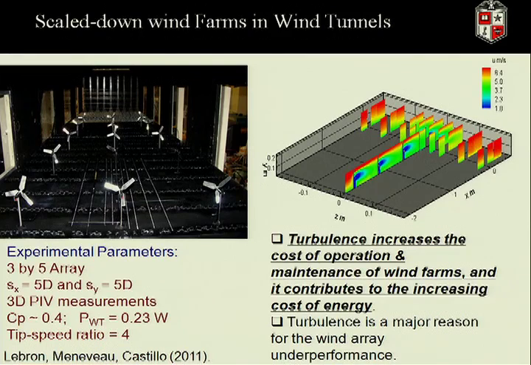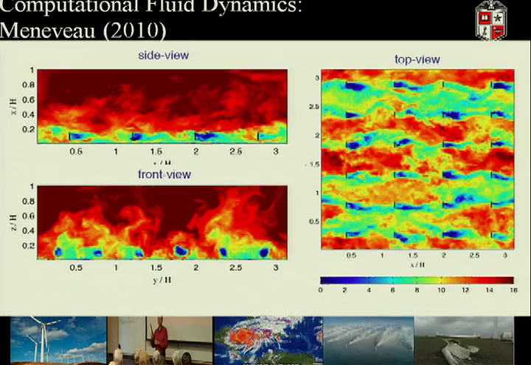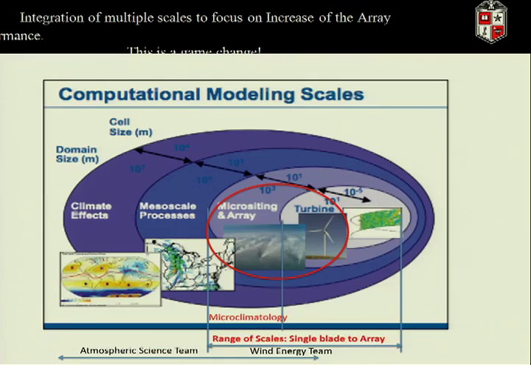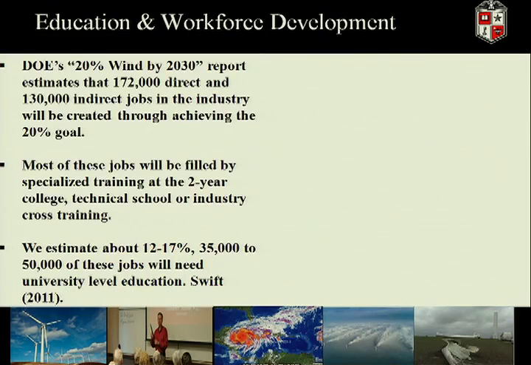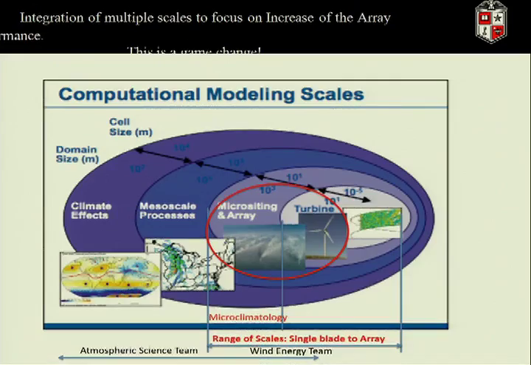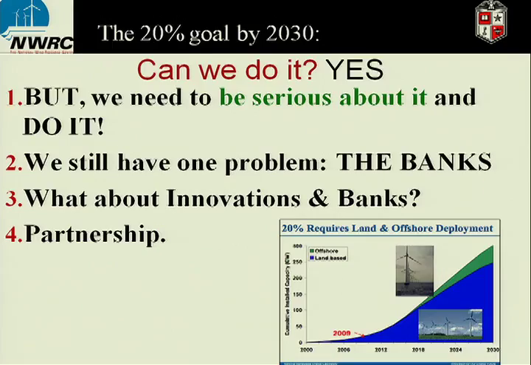So there's a great potential here to make a very, very big impact, but the one that makes a lot of sense from the point of view of job creation is that in terms of education, we could estimate that there's about 12 to 17% new jobs or training opportunities in the academic. So this is a good market where new jobs will be generated, but there's one point that I want to make. And can we do this?